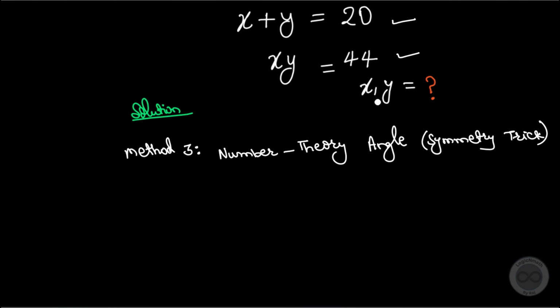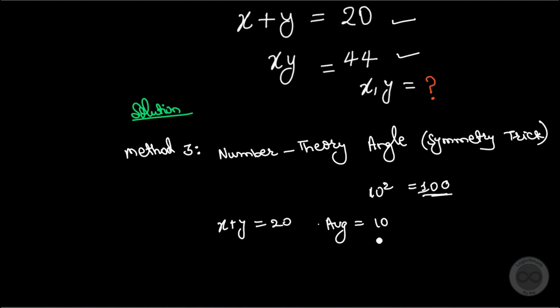And 44 is much smaller than 10 squared, that is 100. This tells them something important: if two numbers average to 10, because x plus y is equal to 20, but their product is only 44, which is far below 100,